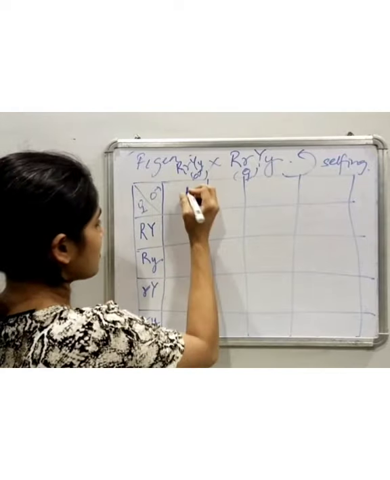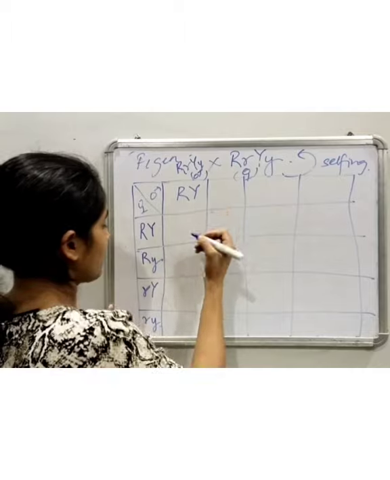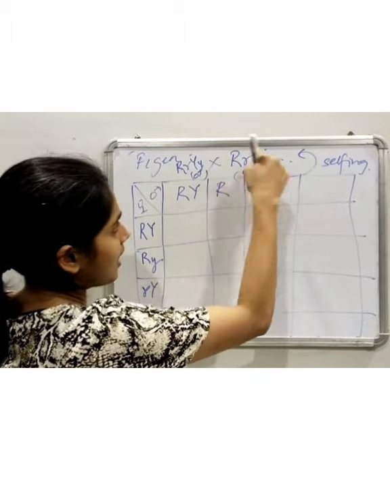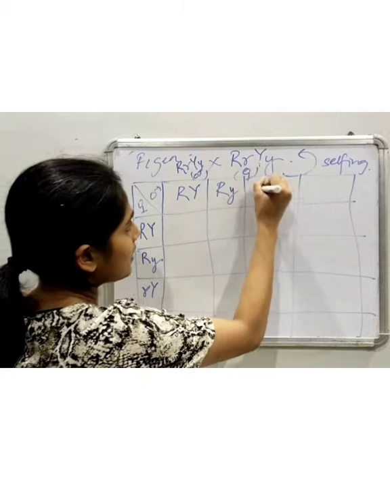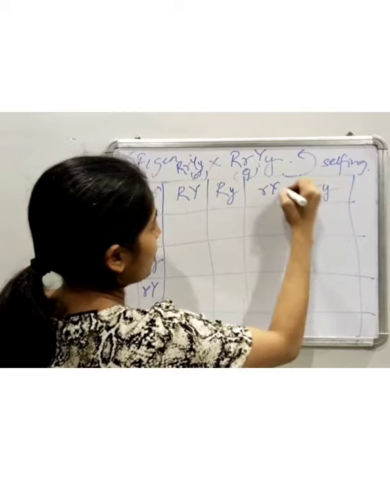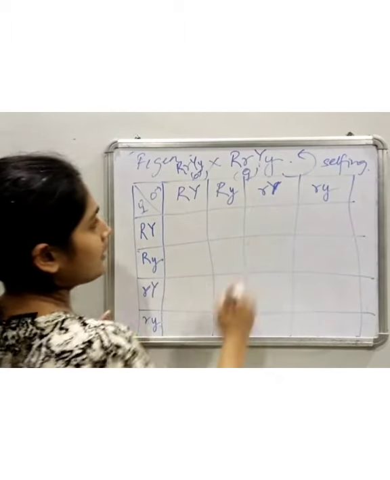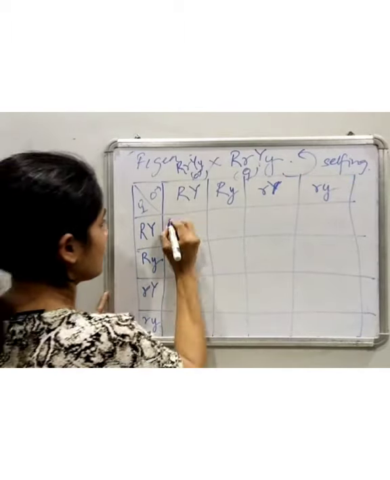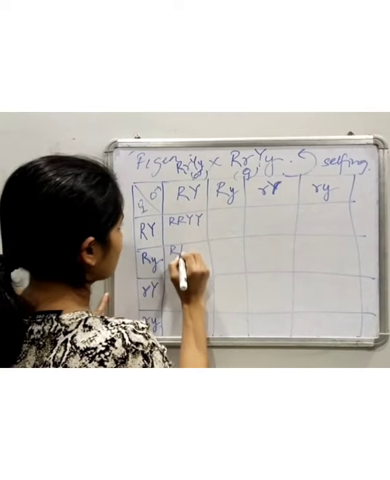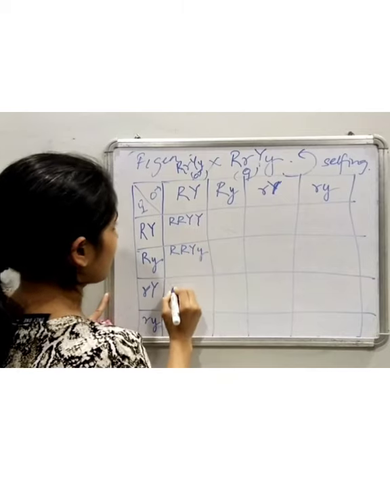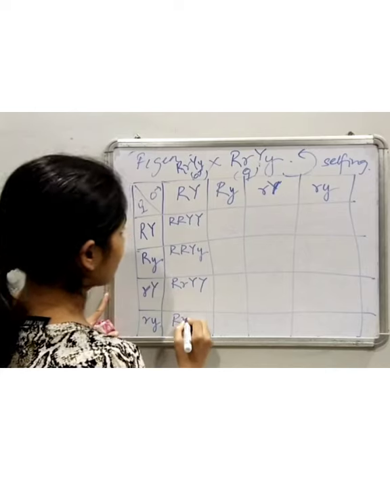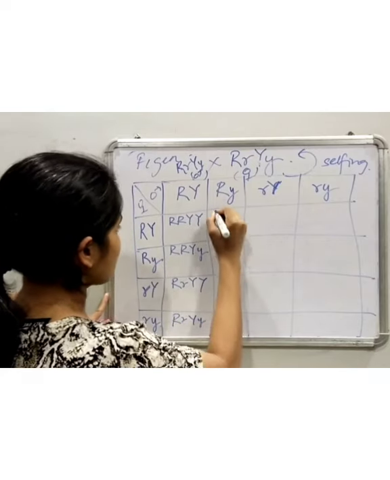For the other sex, similarly, the gametes will be capital R with capital Y, capital R with small y, then small r with capital Y, and small r with small y. Now, fusion. So the genotypes are like this: capital R, small r, capital Y, capital Y. So this is how